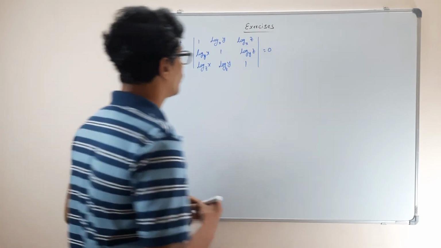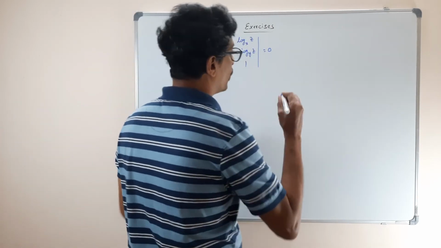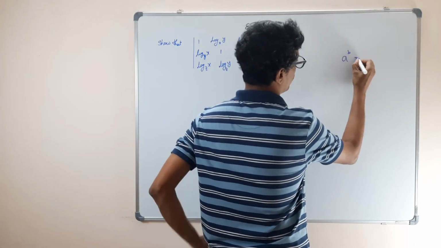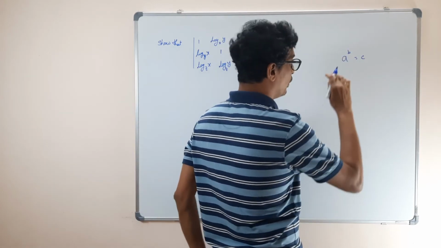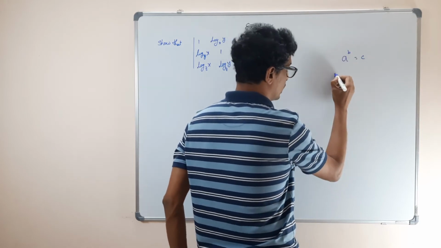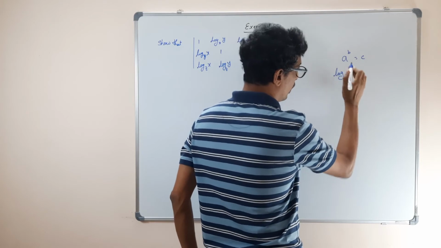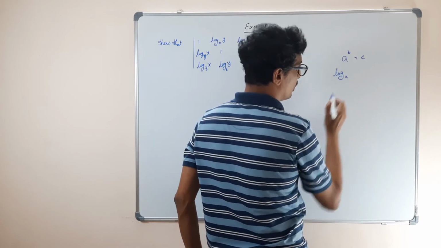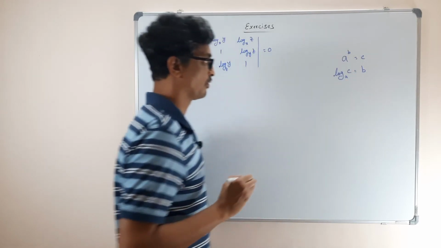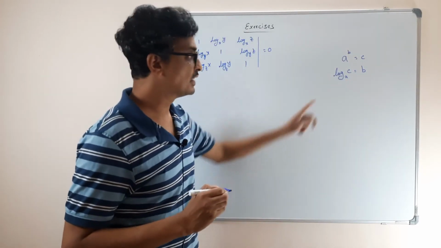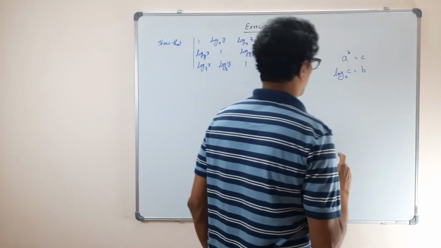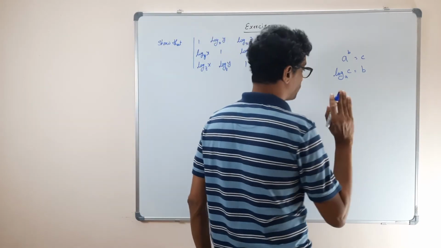Okay. So what do you mean by logarithm? Suppose you have a quantity a power b is equal to c. If you want to represent it in terms of log, it says log base a of c equals the index b. This is the index. Okay. So this is the way we write the logarithm. And later on you will see you can prove it also. There's a nice proof you can do.